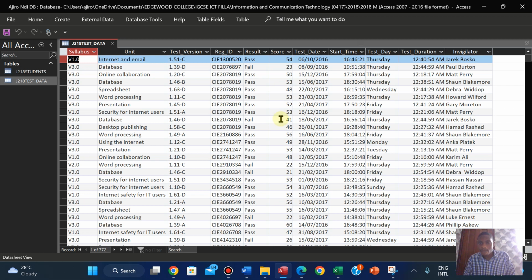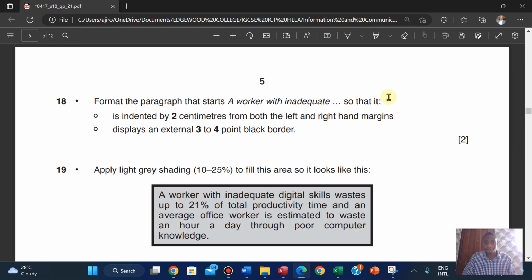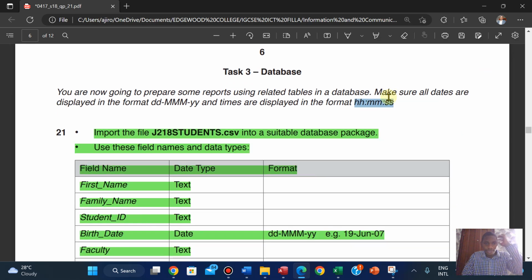All right. Is there anything else? Test duration as well. Test duration as well. Start time. Test duration has to be 12 hours. Okay, so for the test duration, because now they said in the format and times are displayed in this format times, right? So obviously,